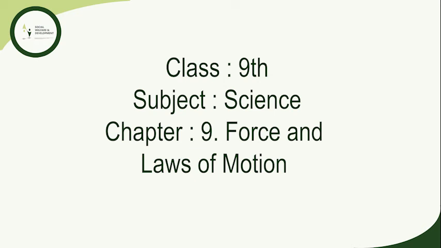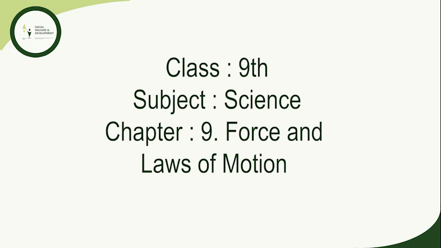Now another example: a girl of mass 40 kg jumps with horizontal velocity of 5 meter per second onto a stationary cart with frictionless wheels. Mass of the cart is 3 kg. What is her velocity as the cart starts moving? Assume that there is no external unbalanced force working in the horizontal direction. So now let us take that v will be the velocity of the girl on the cart as it starts moving.